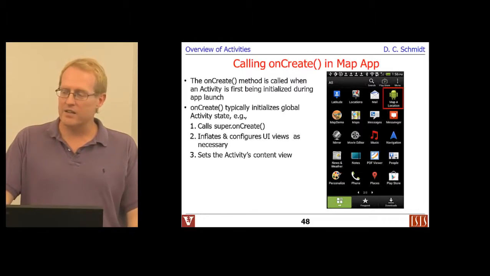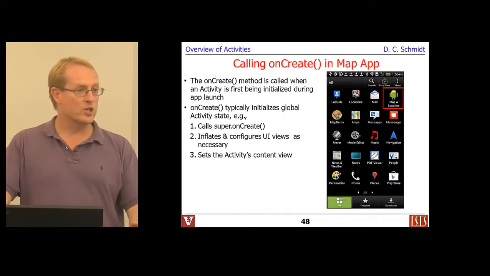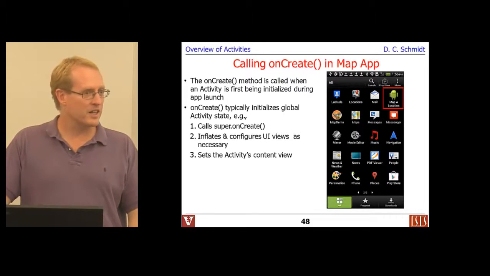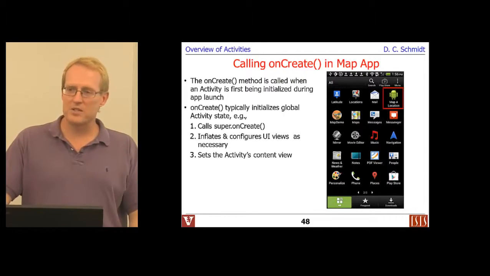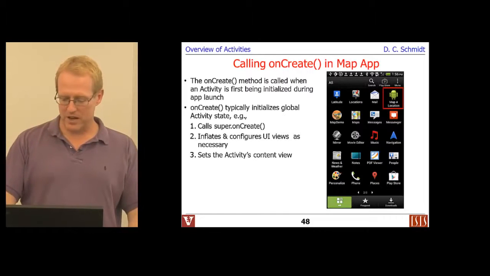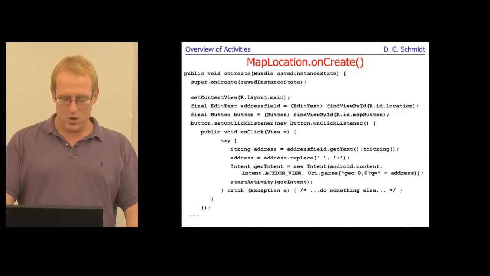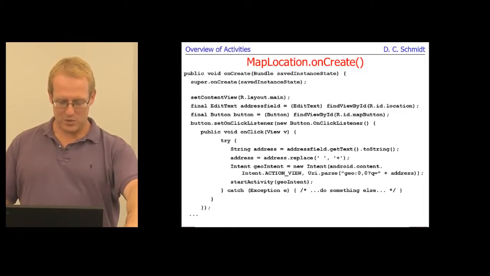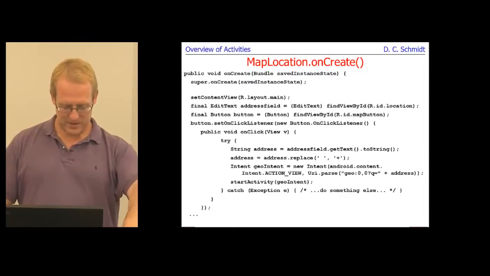It'll set the content view of the activity, which, if you're doing the assignment, is something that's typically defined declaratively. You can use various means to do that. You can either write the XML file yourself, or you can use the activity UI builder that comes with Android's Eclipse environment to do that. So here is a little snippet of the code, and what I will do is see if I can go over to